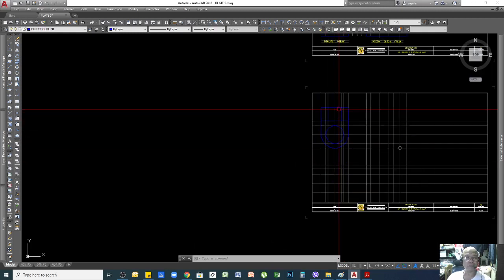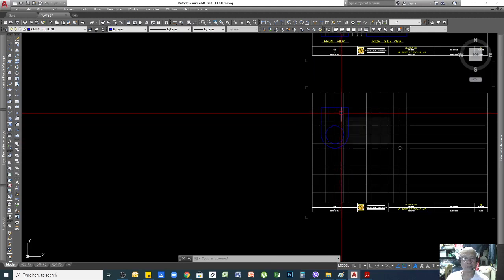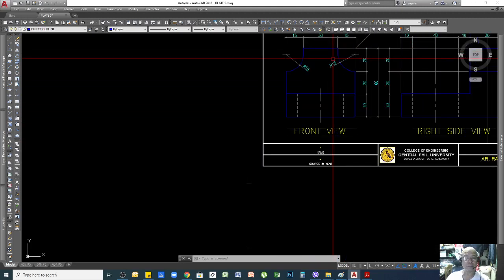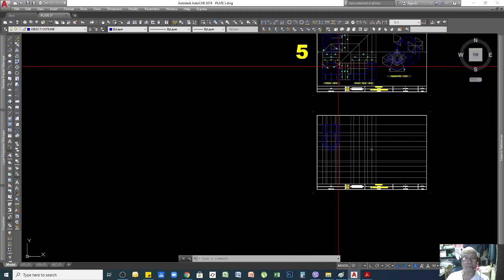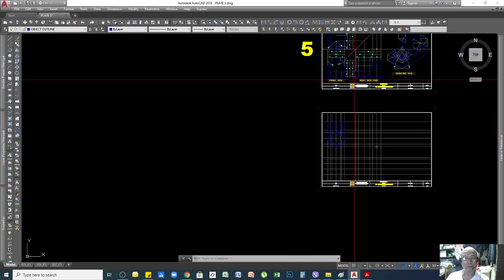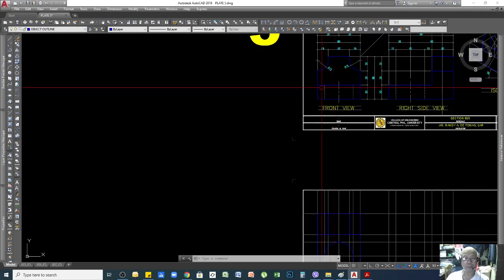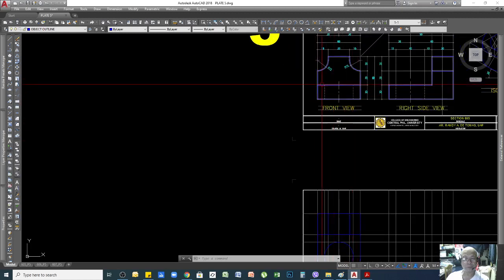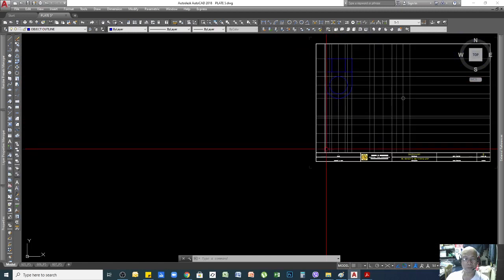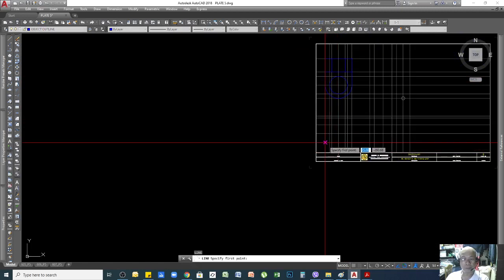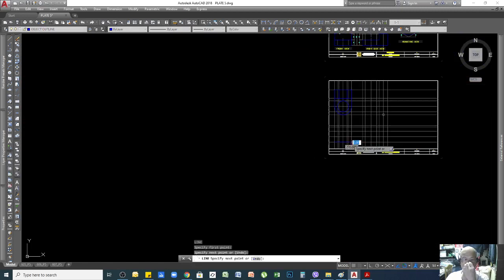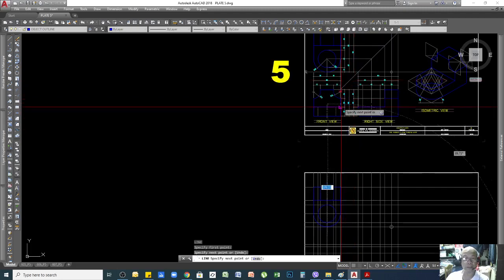Alright, so we'll go to your front view. For the front view, all we need to do is draw lines now, like this one here. Okay, and then where is that vertical line up to?